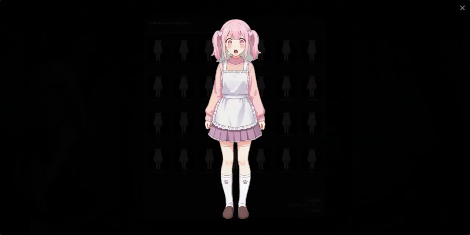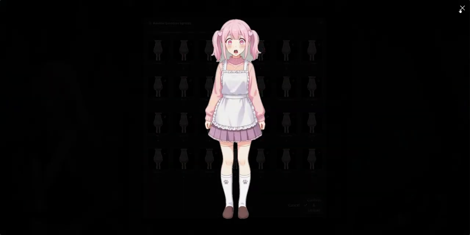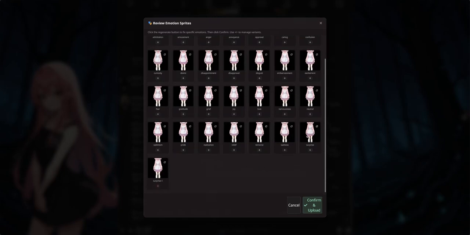As you can see, sometimes there is this background because it's automatic. It's using the Swarm built-in node for removing background because it's very fast, but obviously you can use a different workflow, maybe with your custom nodes, for automatic background removal. And this button is just adding your variant. So there is another variant, and because you can upload different variants to emotion sprites, the extension will use all of them,